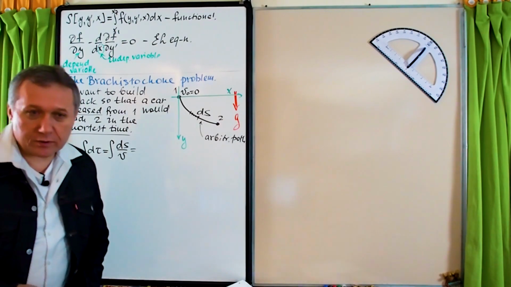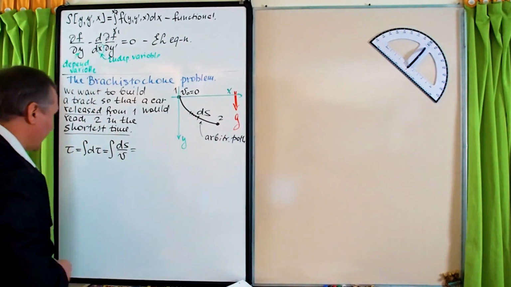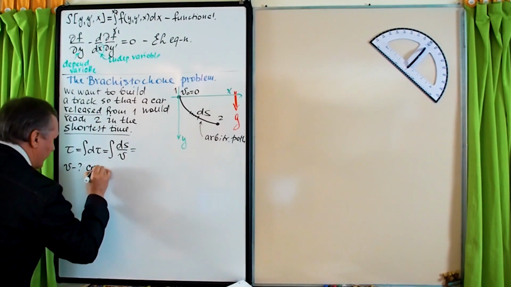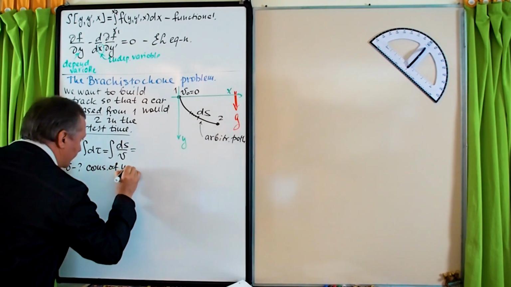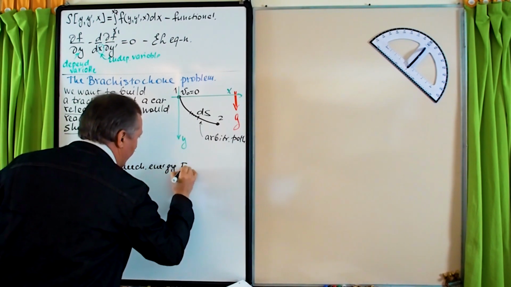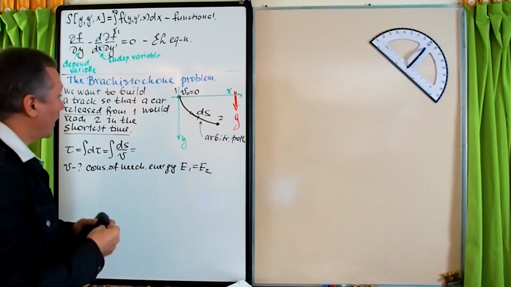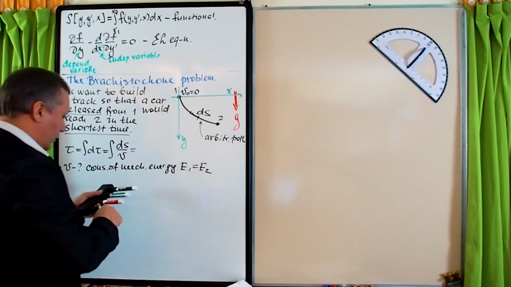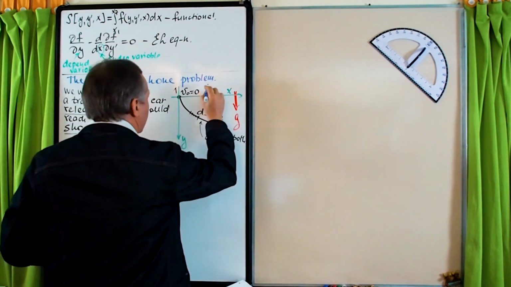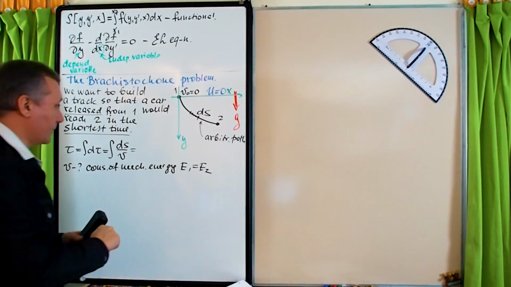In order to find that velocity, we can use conservation of mechanical energy, right? So v, and use conservation of energy. So basically, E1 equals E2. So in order to write this up, first we need to make a decision where our reference level is. I will position it, makes sense, potential energy 0 over there, right? So it will be